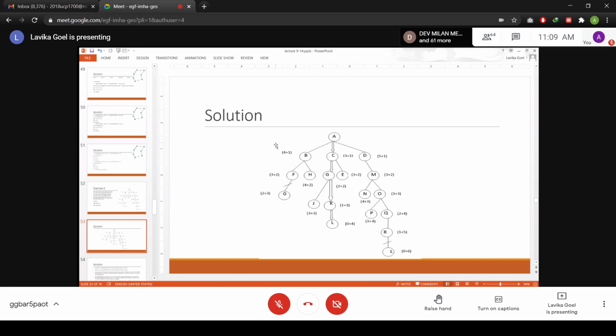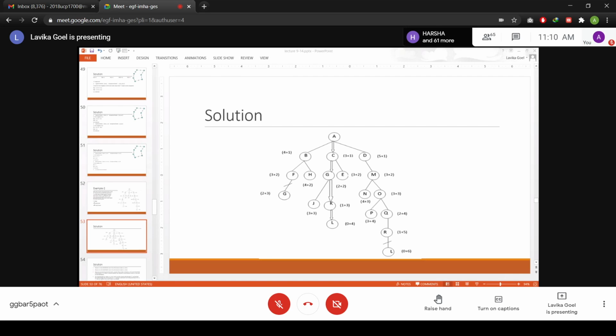So you start with the node A. Your f value would be h plus g. So what is the f value of B? From A you will generate B, C and D as the successors, right? So these B, C and D will be in your open list. So you have to choose the one with the lowest f value. So what is the f value of B? F value of B is 4 plus 1, which is 5, and f value of C is 3 plus 1, which is 4, and f value of D is 5 plus 1, which is 6, right?